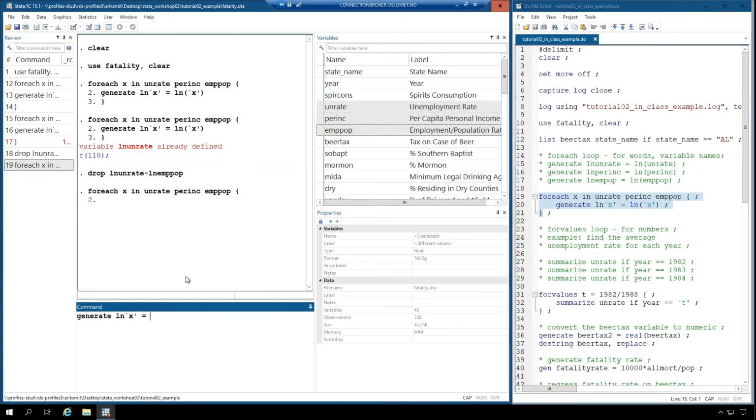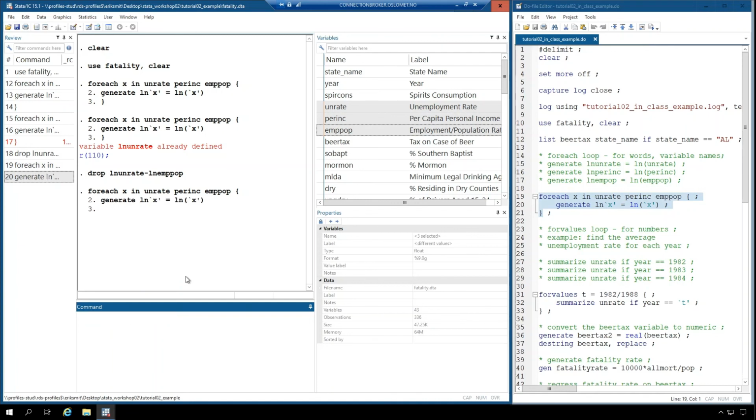And this should be equal to ln of, and remember, you have to use this character and the different one,